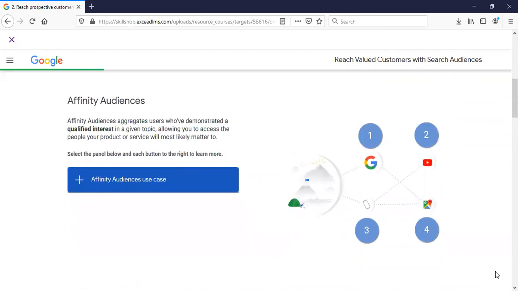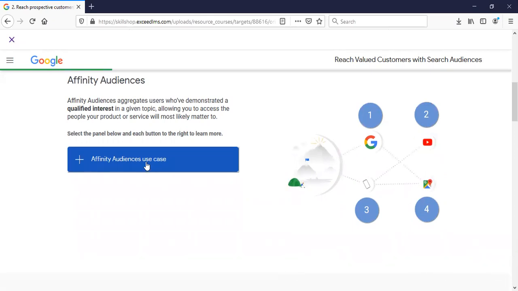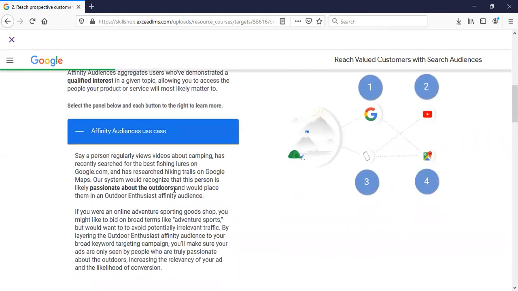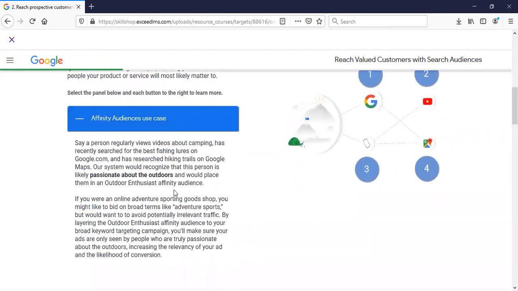Affinity audiences aggregate users who have demonstrated a qualified interest in a given topic, allowing you to access the people your product or service will most likely matter to. Affinity audiences use case. Say a person regularly views videos about camping, has recently searched for the best fishing lures on google.com, and has researched hiking trails on Google Maps. Our system will recognize that this person is likely passionate about the outdoors and will place them in an outdoor